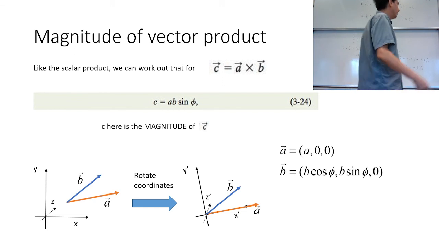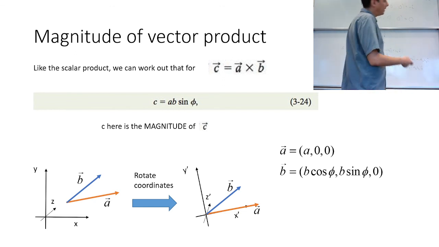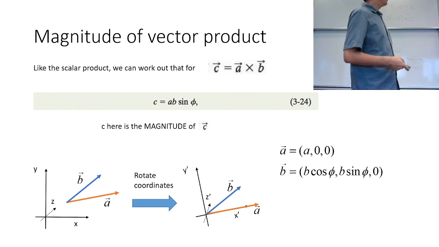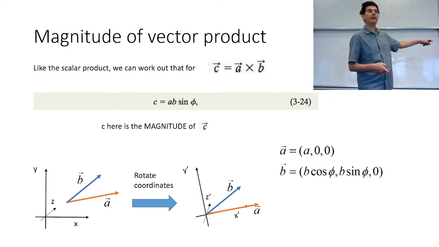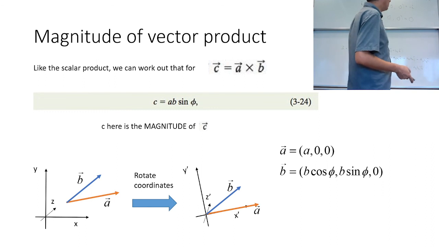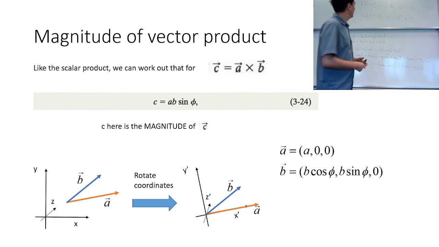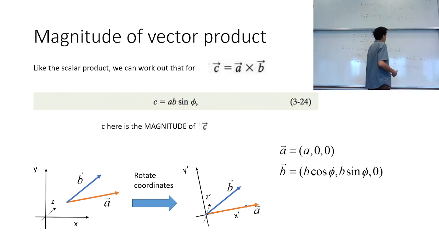And so you use that property to work out this thing, and we choose a coordinate frame so that it's relatively easy to calculate this thing according to this formula. And so again, what we do is we've got these two vectors, A and B, and we rotate the coordinates so that one of the vectors points along, say, the x component of the axis. And then if you do that,